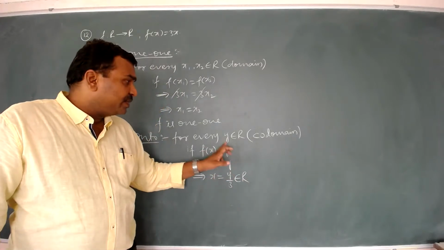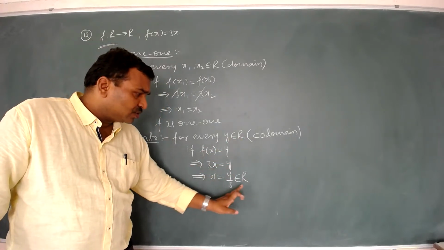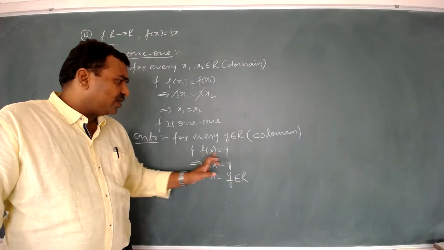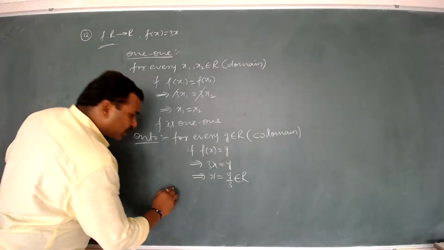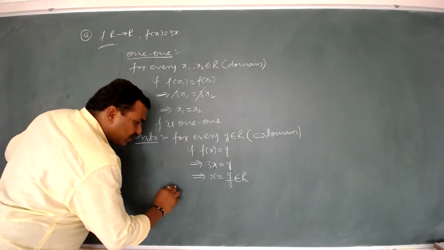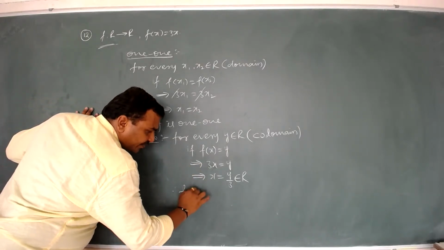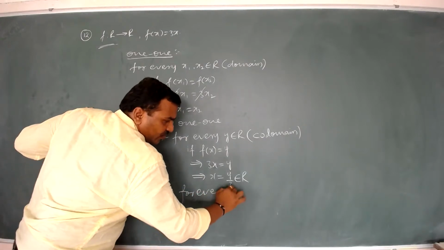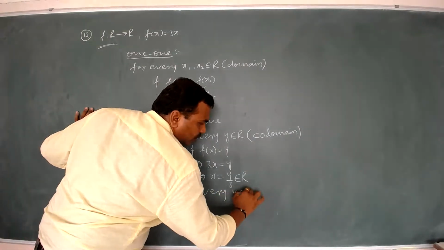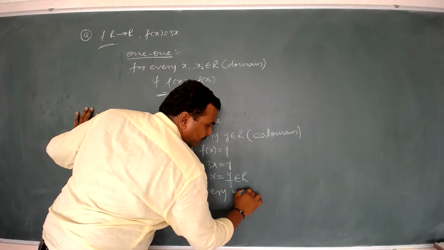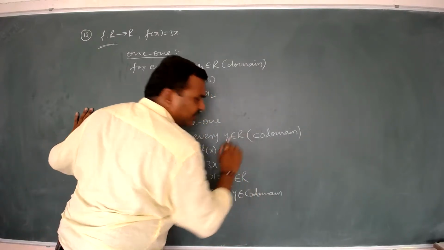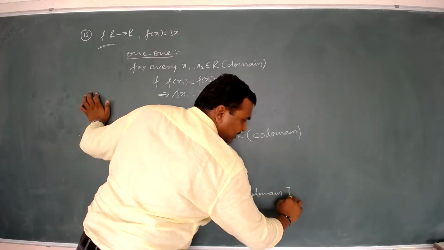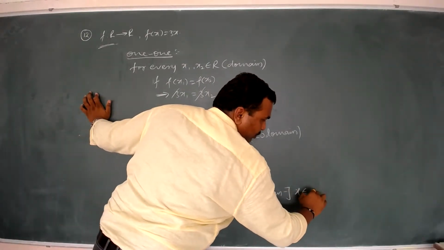So for every y belongs to codomain, there exists x belongs to domain such that f of x equal to y. Therefore, it is onto. Okay. So we can write the conclusion again. Therefore, for every y belongs to codomain, simply we can write R also, no? There exists x belongs to domain